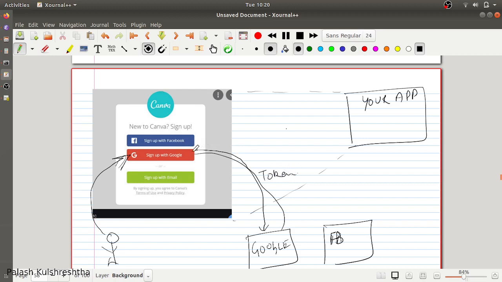Then this token is taken to your application, and you basically open that token or get details for that token either by calling google.com, or you can decrypt that token using pre-configured details, and you can get what details are present in that token.